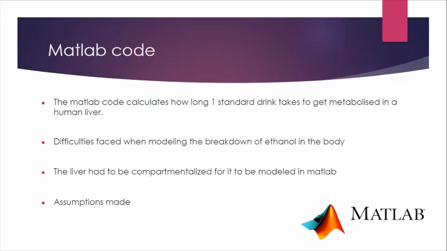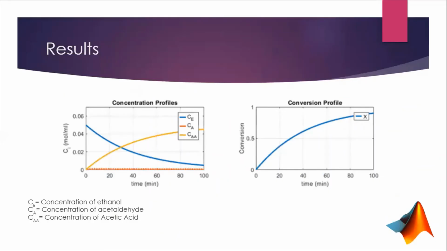Now, getting into the results, we can see the time it would take for ethanol to be fully metabolized by the body. We can also note that the rate at which acetic acid is being produced is relatively similar to the rate at which ethanol is being metabolized. You can also note that the acetaldehyde is being both produced and consumed at relatively the same rate, giving a very low concentration throughout the entire time. Now, Cheryl will give us some final thoughts.